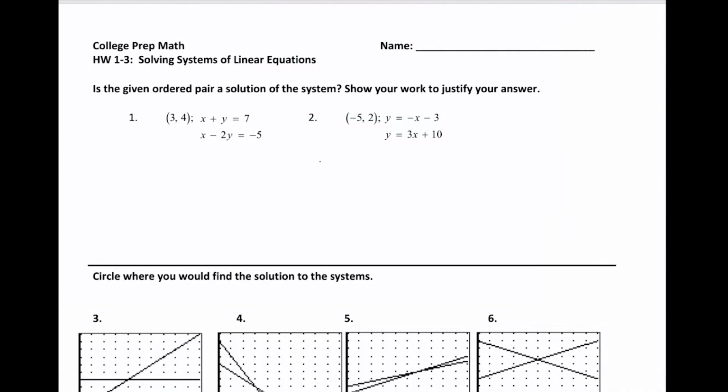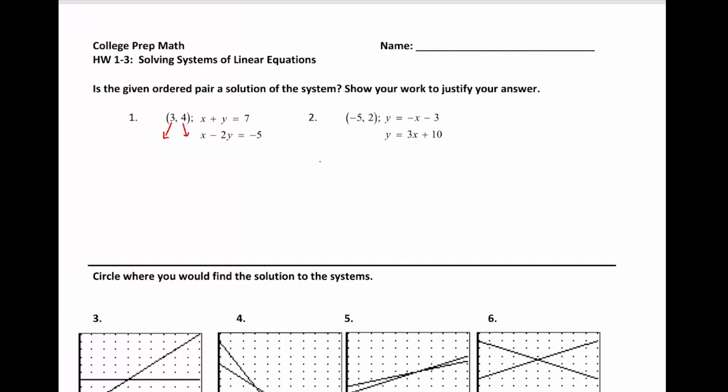Our first few problems here are not asking us to solve the system, but rather asking us to verify whether or not the given ordered pair is a solution to the system. So a combination of x and y will be a solution to the system if it satisfies both equations in the system. So if we want to check, like with number 1, whether or not (3, 4) is a solution,